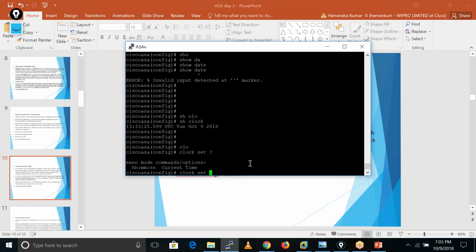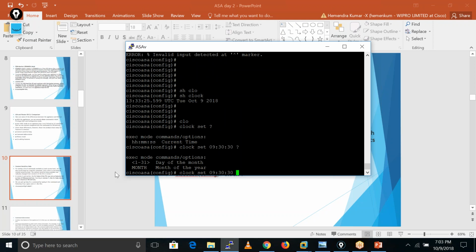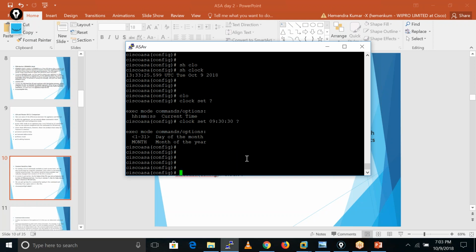If I define my time like 09 hours 30 minutes and, let's suppose, 30 seconds, after that I can define the month. So if we want to define time with date, we use this command. So we can use the question mark to get help if we are not able to recall particular commands.